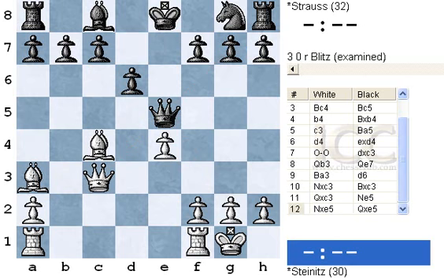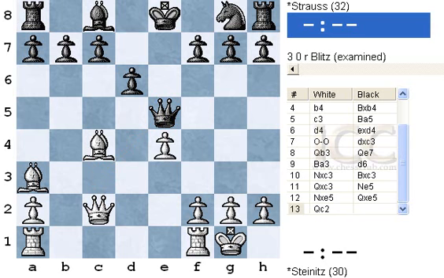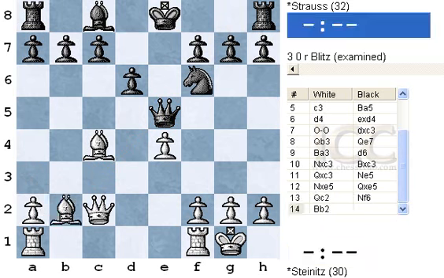So, a big question now. Definitely white is not going to exchange the queens after queen takes e5. In that case we have to find the best place for our queen. Steinitz decided to play queen c2, intending bishop b2. After knight f6 and bishop b2, his opponent